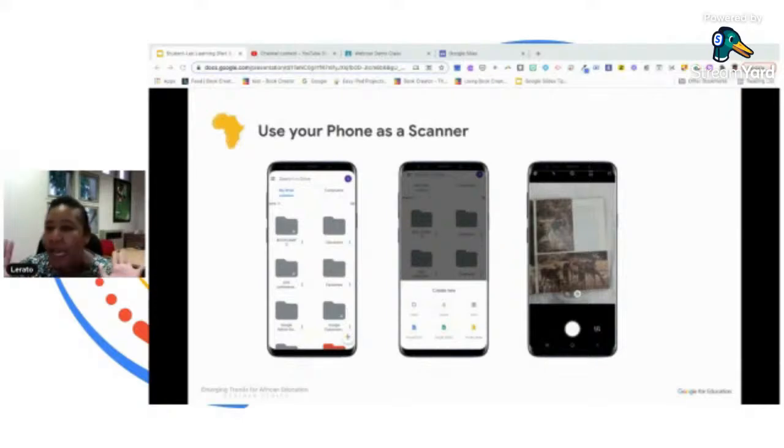No more kids making excuses. Google Drive has a built-in scanner on most phones. I don't want to hear any of our kids give us excuses anymore. They can easily scan their work into Google Classroom. They download the app onto their phone and click on the plus icon, select the camera icon to scan. Then you can scan the page or image you need.